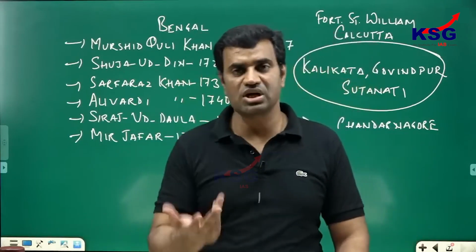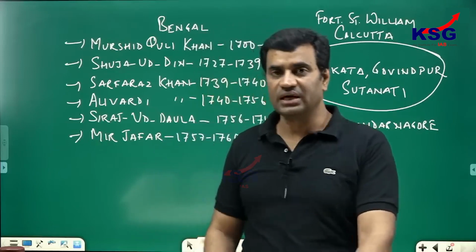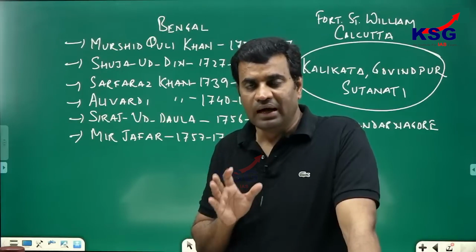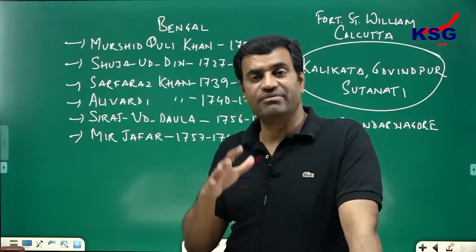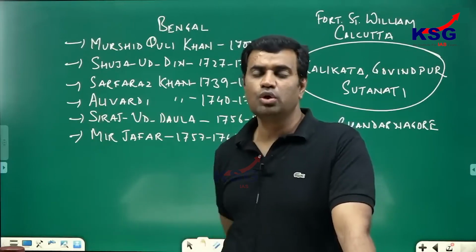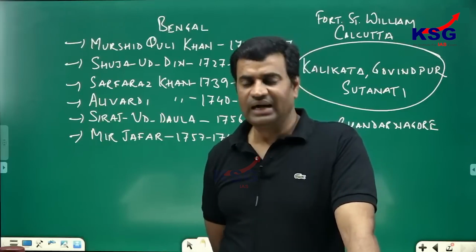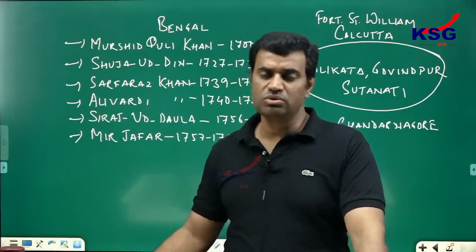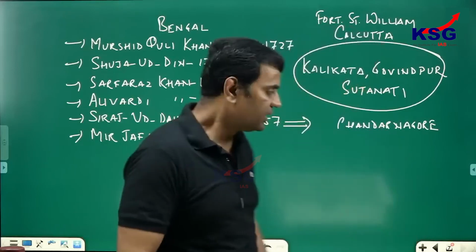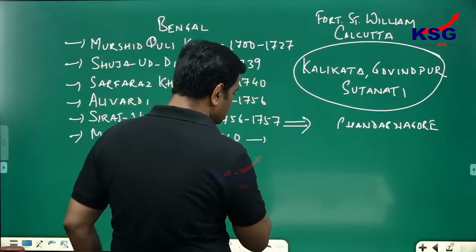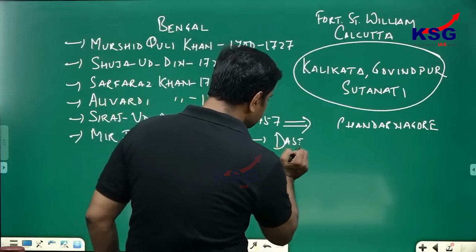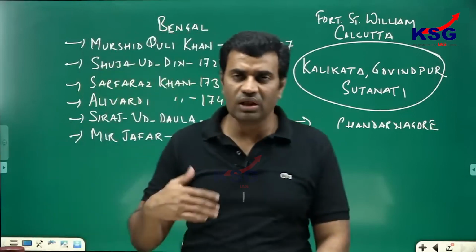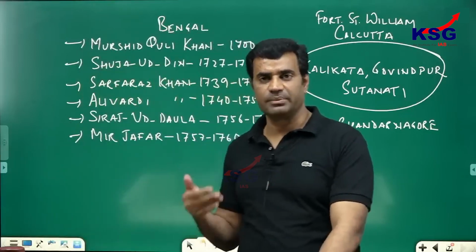Among those terms, the most controversial was that the British made it clear they want cash prizes as gifts from the Bengal Nawab, and Mir Jafar accepted the provision that he will provide cash prizes as gifts to British officers in India. At the same time, British officers were not supposed to pay any tax, and to ensure this liberty of not paying tax, they were to be given certain trade passes or certificates. These certificates came to be known as dastaks. Clear? Dastaks. With all these conditions accepted by Mir Jafar, he began to rule.